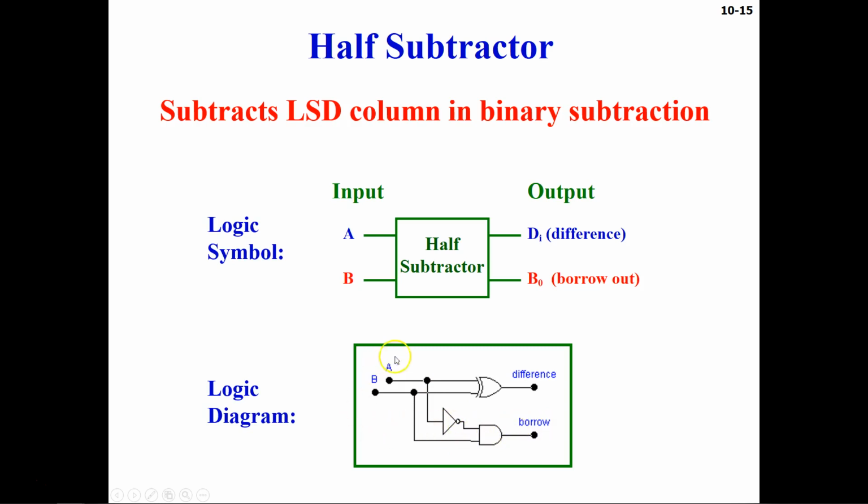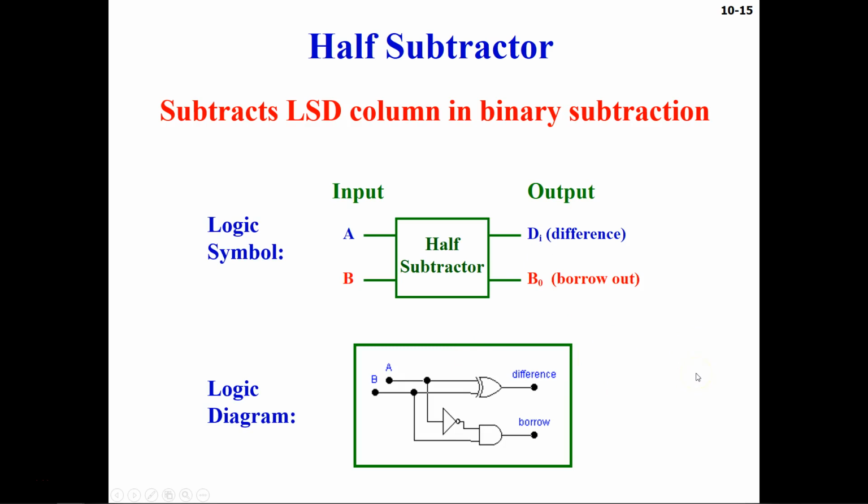So you might be thinking how we got this circuit. You get this circuit when you make the truth table. The truth table you will make the same way you did in the half adder. You will have A and B as your two inputs, which will have 4 different combinations, and then you